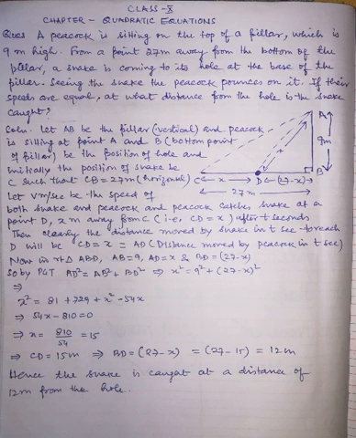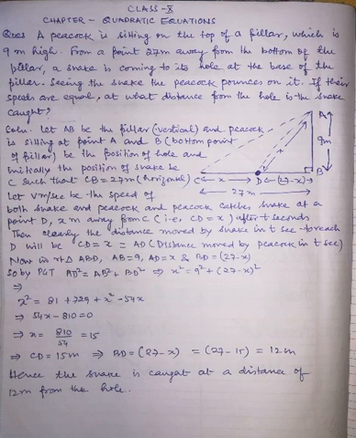Now, let us apply the Pythagoras theorem in triangle ABD. AD is hypotenuse, DB is base, and AB is perpendicular. So, let us write by PGT that AD square is equal to AB square plus BD square. It means x square is equal to 9 square plus (27 minus x) whole square. If I open the whole square, I get the next step. x square is equal to 81 plus 729 plus x square minus 54x, which after simplification gives you 54x minus 810 is equal to 0, or after cancellation x is equal to 15,